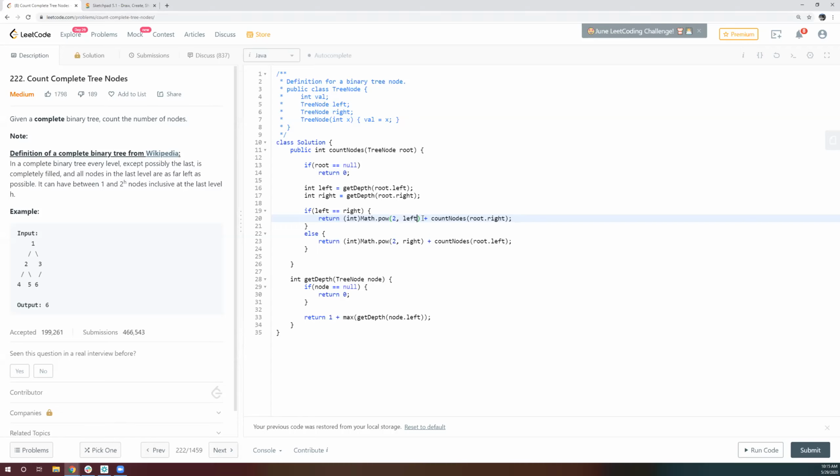Otherwise, like Rajendra mentioned, we have to apply the same formula, I think, to raise the power. Yeah, 1 plus 1, something like that. Yeah, plus 1 we have to add otherwise, but we don't need it. This formula also includes the root as well. Yes, I got it. And for the root's right part we use recursion to do that. Yes, right. It depends which side we want to go.